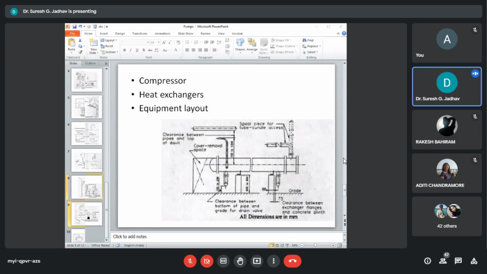These have horizontally split casings, and having bottom connections, are elevated. Concrete column and tabletop arrangements are provided with surrounding access platform. Compressor foundations are kept independent of building foundations.